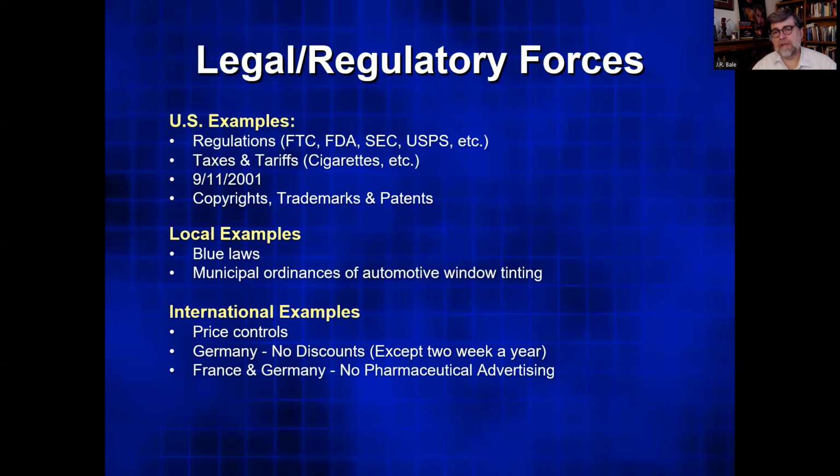This is one I came up against personally. In France and Germany, you're not allowed to advertise pharmaceuticals to consumers. We do that in the United States all the time, but I came up against this because I was in charge of launching a website for a pharmaceutical product, and the night before we were going to launch it, I got a call from the director of European operations. I think he called from his home. He was in Europe, and he said, you cannot post the information about the German or French versions of the product, because we have these laws.